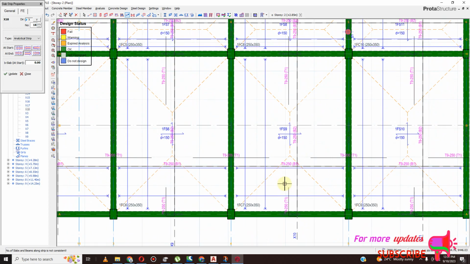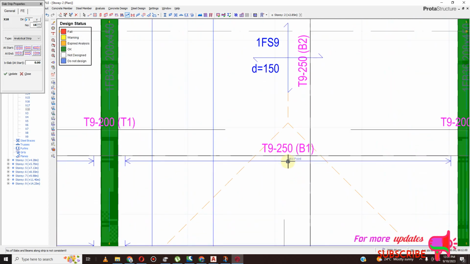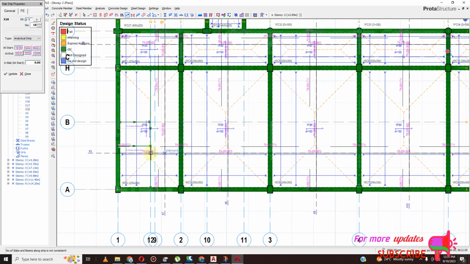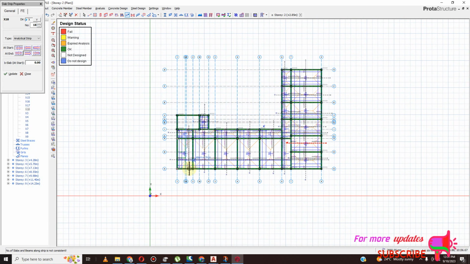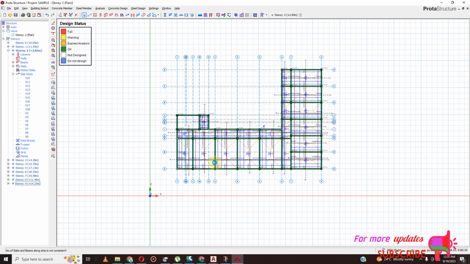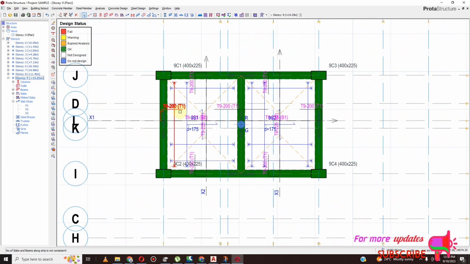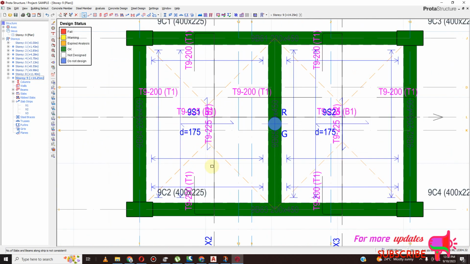So you can see I'm getting T9 at a distance of 250, right? But you can see for the water tank it is very critical, because you can see I'm getting a very close spacing of 200. Okay,